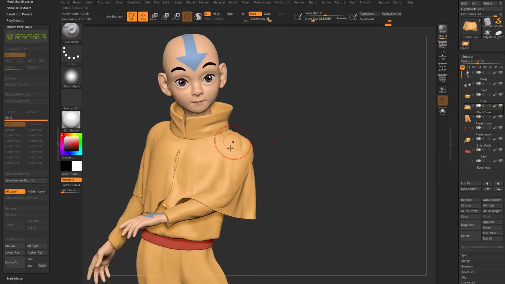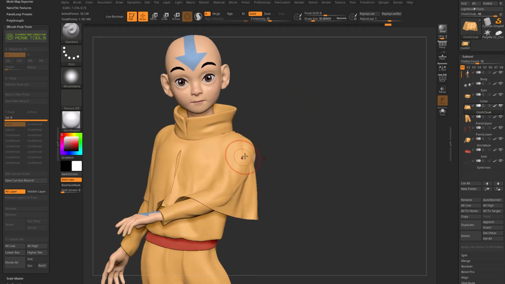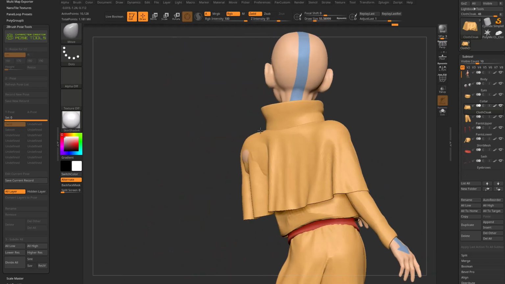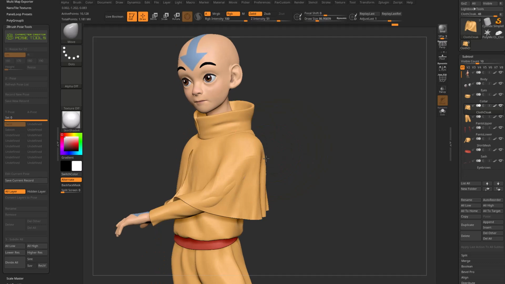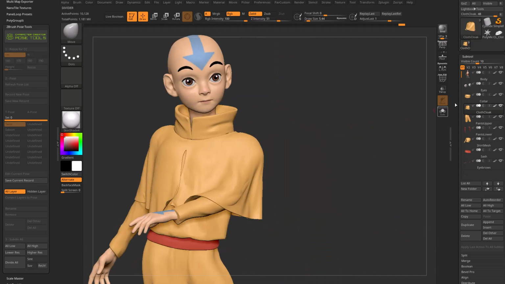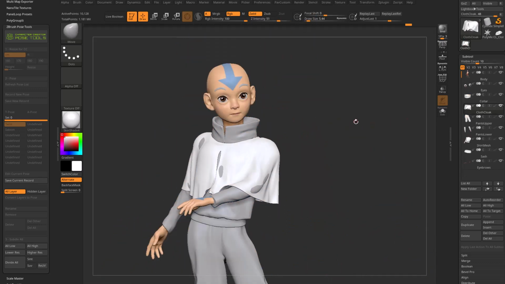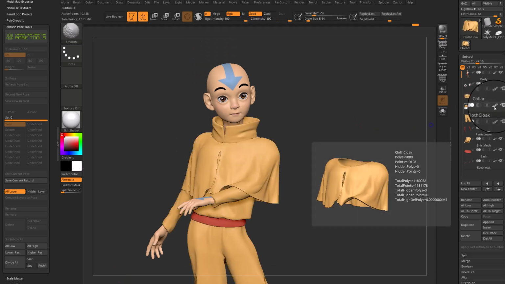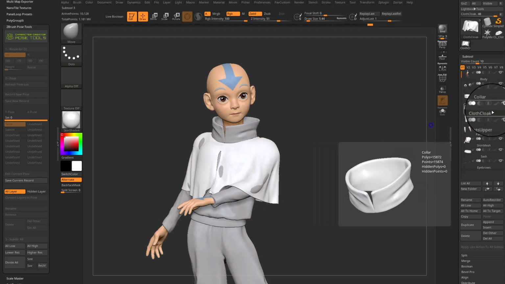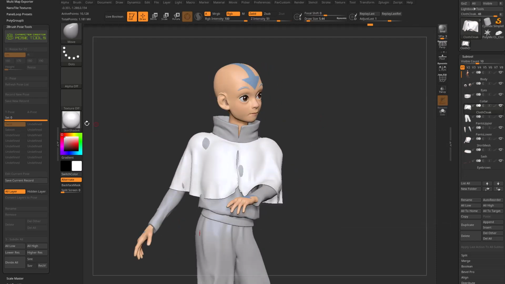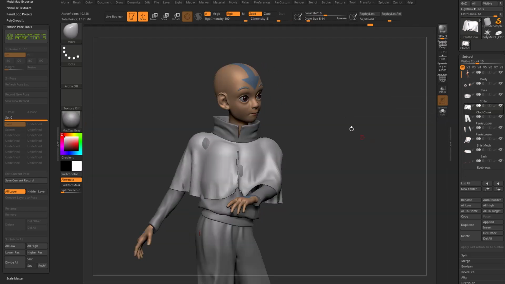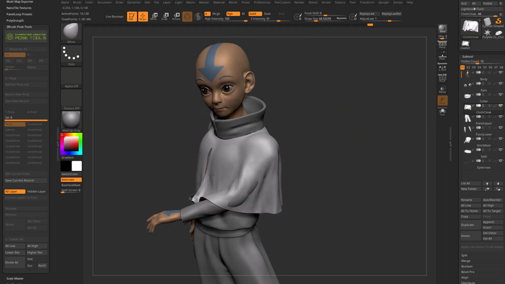For example, I can Alt-tap the cloak here. I'm going to turn X symmetry off by tapping X on my keyboard. I can go through here with my Move brush and just move this cloth out of the way. If I want to, I can hold down Shift and turn off poly paint, so it turns off Colorize, I should say. Shift turning this on turns them all on. Shift turning the Colorize off turns it all off. You can go through here and change out your material to, say, Matcap Gray, and you can go through here and very quickly